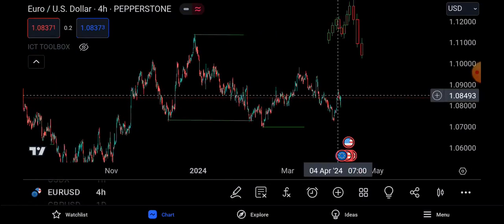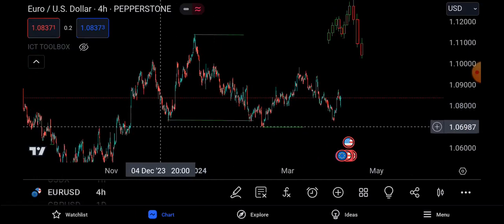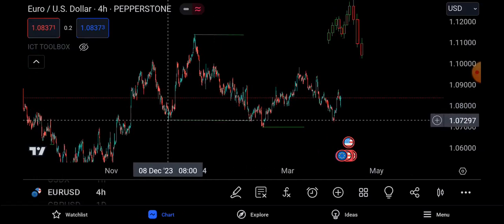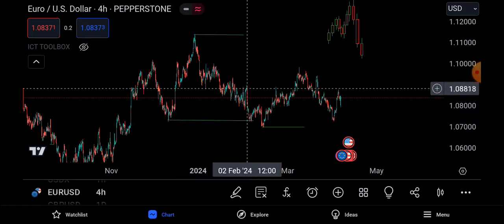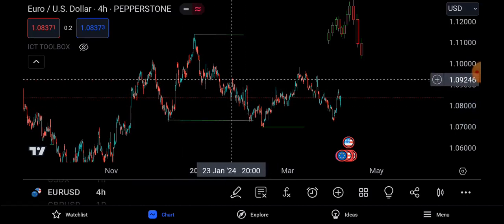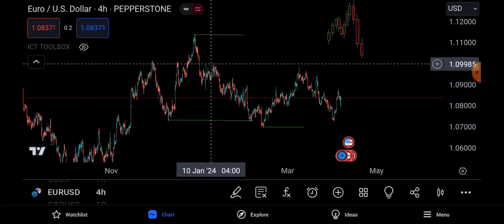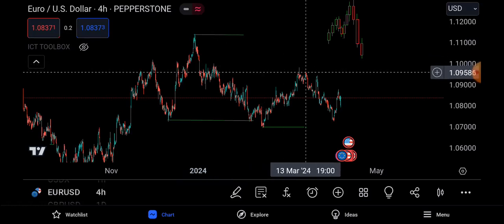Okay, so we've taken out external range liquidity right here. What are we looking for now? We know that every time we take external range liquidity, the market looks for internal range liquidity. So it could be here, it could be there, it could be there. I will be making a separate video on how to properly find where the market is most likely to go